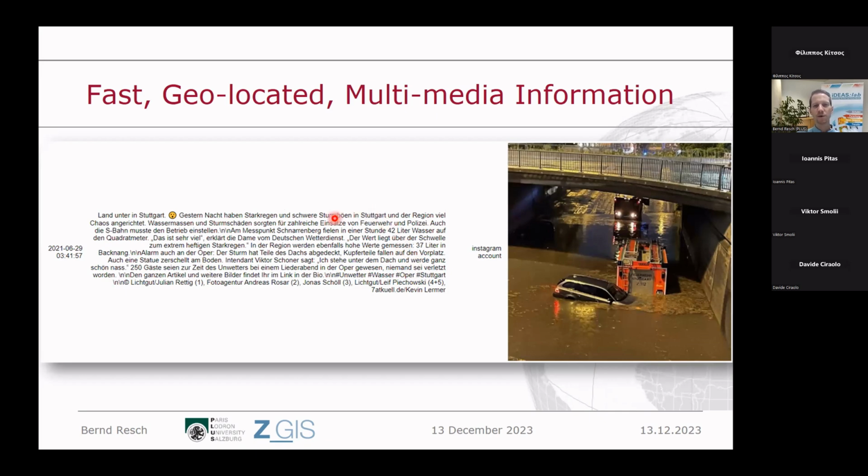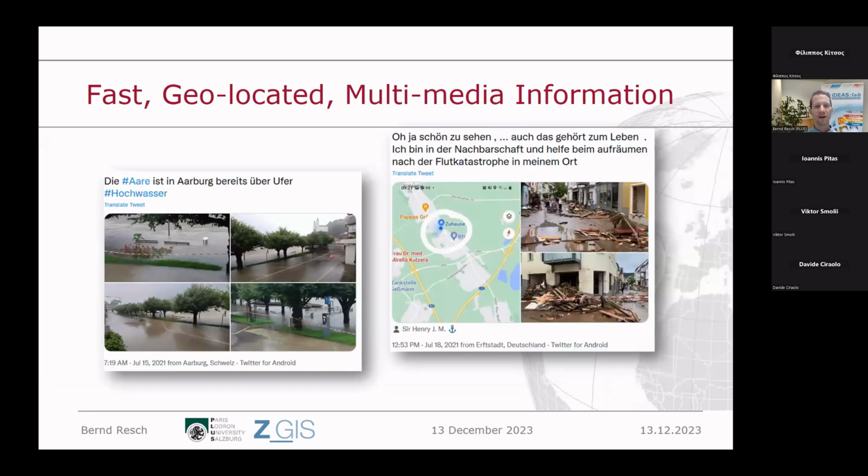A little bit more text, and that's why I brought this comparison here, because semantic analysis, understanding what people talk about, is never all too easy, and varying text lengths is definitely something that we need to cope with. And then, of course, there are these kinds of things. So a collection of images, different kinds of videos, images of destruction that also are described and then located explicitly on the map and so on. And then you would see down there, it says Erfstadt, Germany. So people tell us where they post from, which makes it easier for us to basically take a look where things happen. And that's the main thing that we're focusing on here.